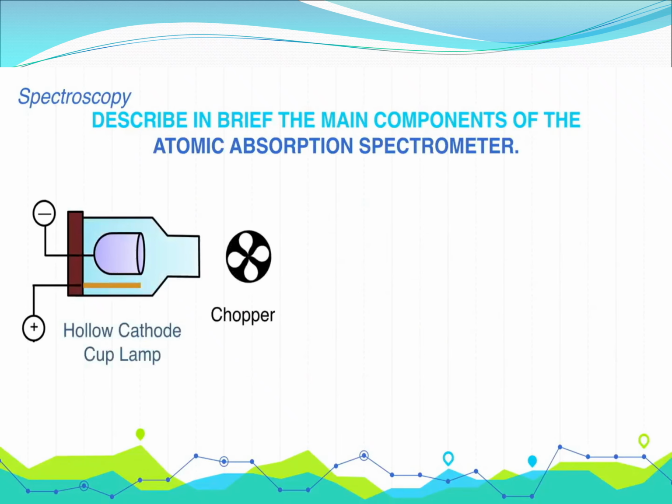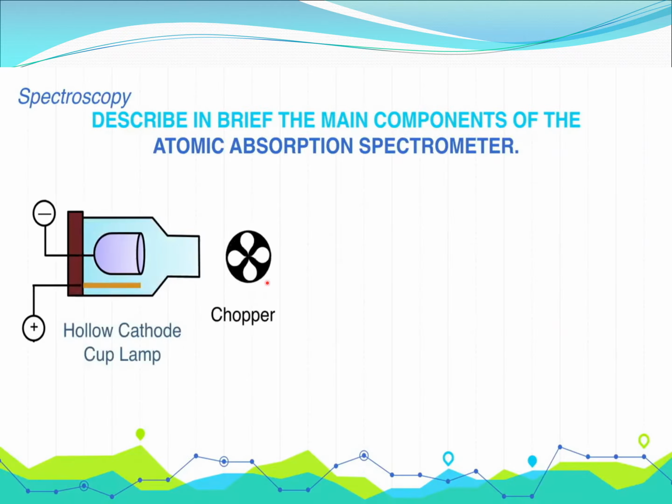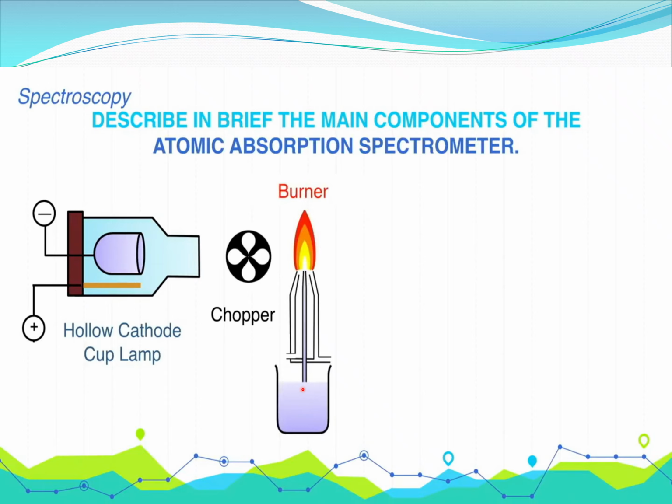Now we'll see the basic instrumentation and working principle of atomic absorption spectroscopy. So here we can see this is the hollow cathode lamp from where light is produced. This is the chopper which produces intermittent light, and this is the burner or atomizer. You can see the solution here, that is our sample, and this solution is atomized into solid residue, then molecule, then